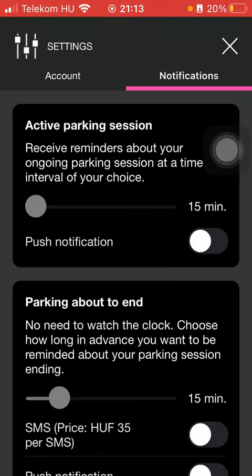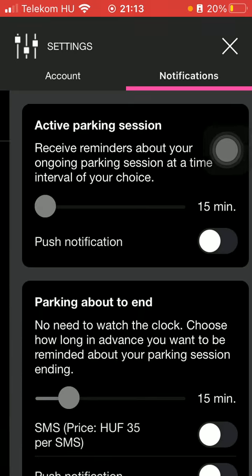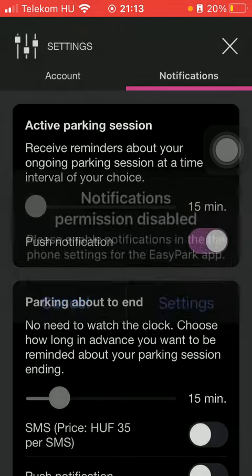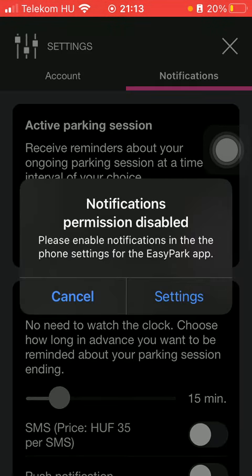So here you can set the reminder about your ongoing parking session at a time interval of your choice that you can select on this slide. As you can see, the default is 15 minutes, but as you tap on this button, you can drag it on the slide, thereby changing it, and then click on the push notification button down below and then click on